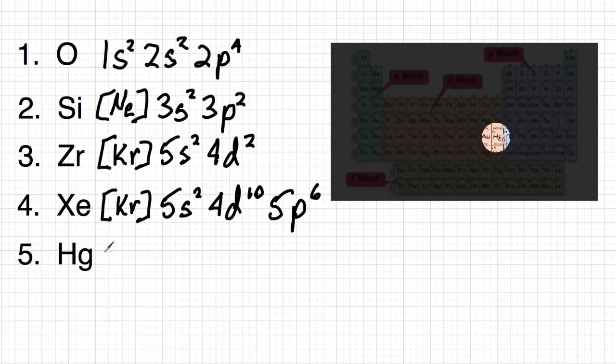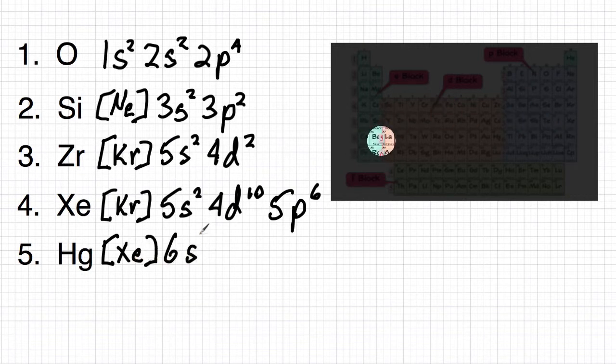Now for our last example, I picked the hardest one, or one of the hardest ones. This is Mr. Mercury, number 80. And once again, we back up until we run into our first inert gas, and that's going to be xenon. We write brackets xenon, 6s2,